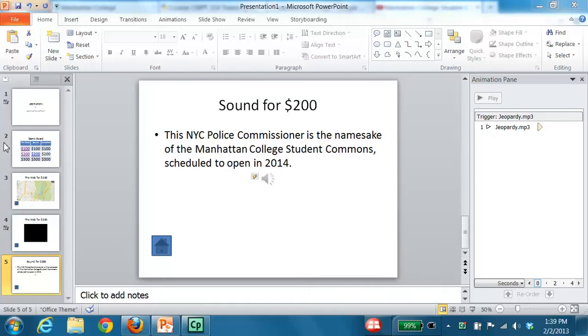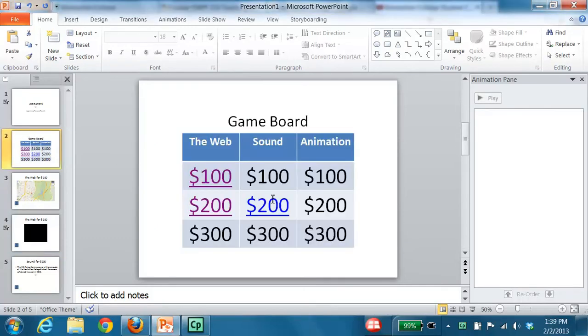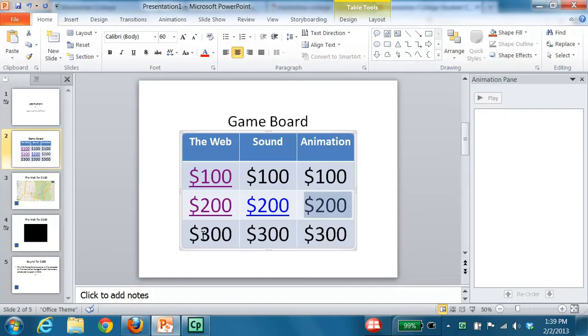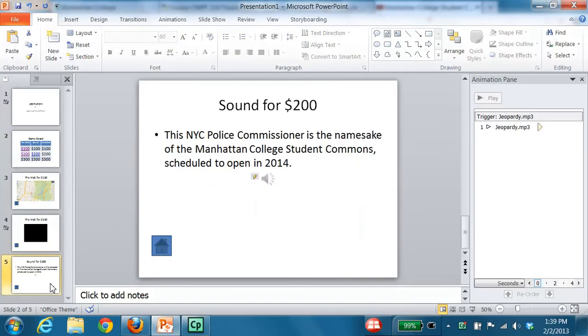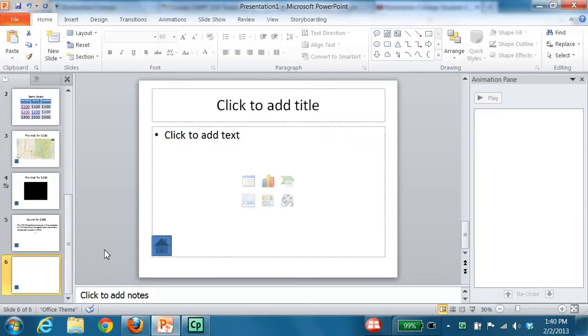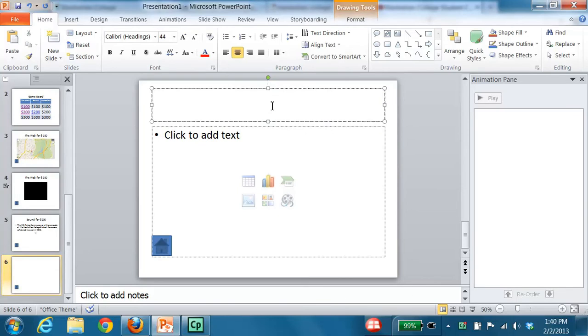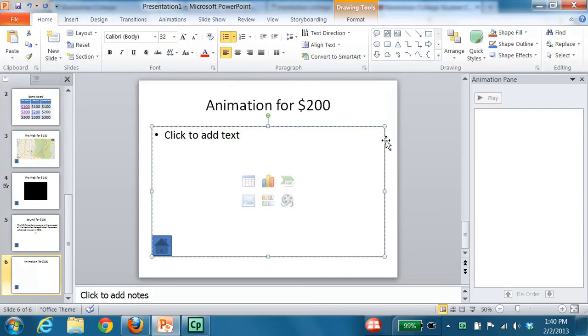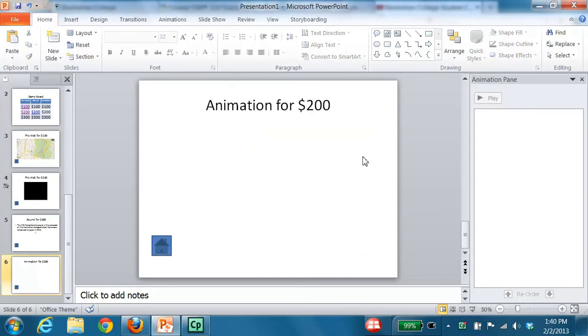Okay, so now let's go back to the game board and do animation for 200. Click back on your last slide that you made and press Control M, which makes a new slide. Click on the title and we'll enter animation for $200. Click the click to add text box, delete that,